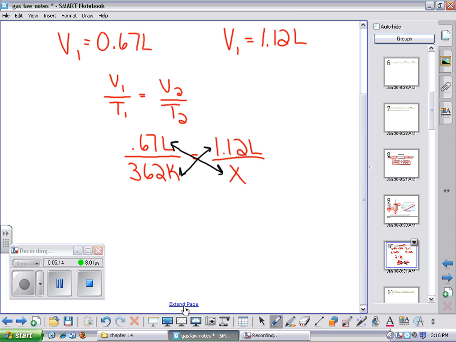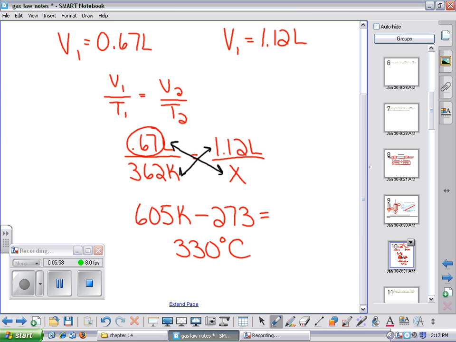You get, hold on, 362 times 1.12 divided by 0.67 is 605 Kelvin. Now the problem said what was the temperature in degrees Celsius. So remember that in order to go from Kelvin to Celsius, you have to subtract 273 from that value. So 605 minus 273, and we get 332. We only need 2 sig figs though because of this 0.67 over here. So 330